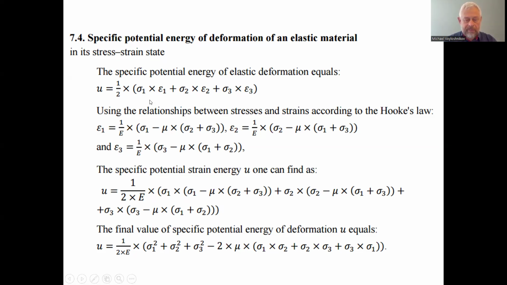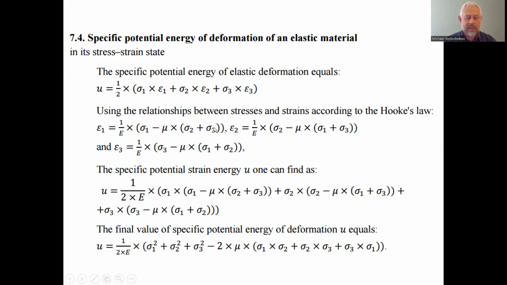In the brackets, we have a total of products of each main normal stress by the deformation in the same direction. When we substitute instead of the deformations, the strains, the magnitudes from the formulas,